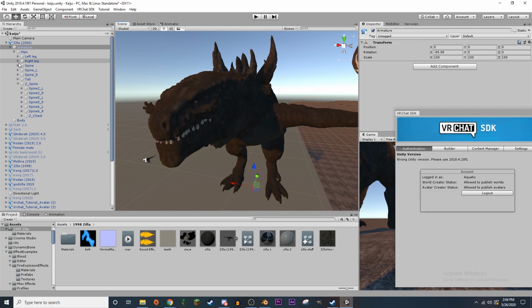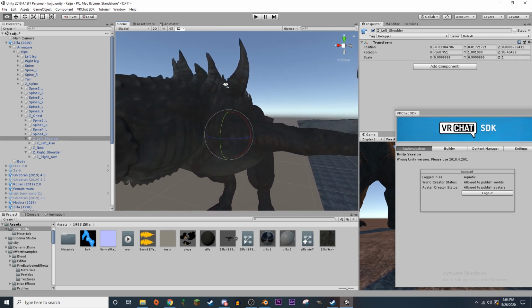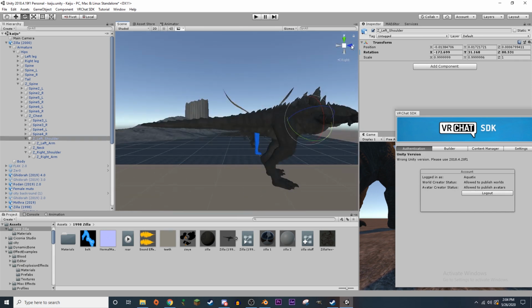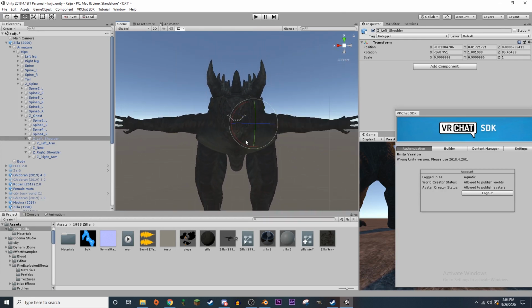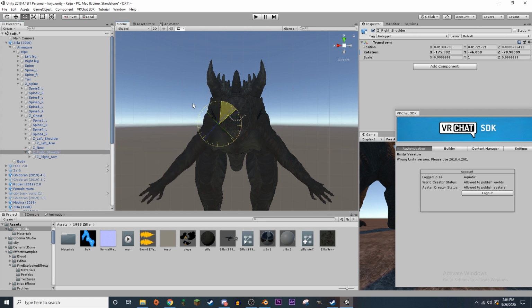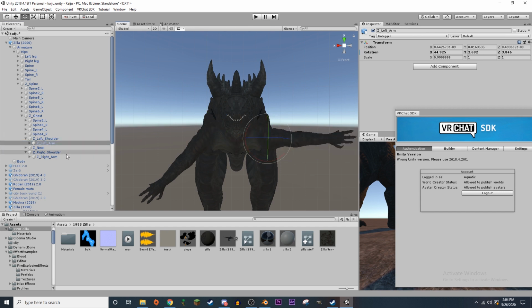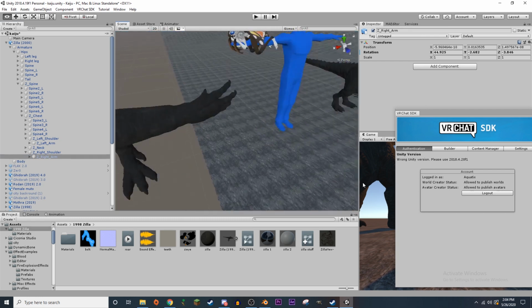So what we want to do, since mine is like this, I'm going to have to fix this real quick. So shoulder, arm. It's easier to work with. He's so chunky. He's so big. There we go. Angle that like that. You can't do the same thing in Unity as you can do in Blender with the posing, so you just have to kind of roll with this. Anyway, so now that we got that fixed,